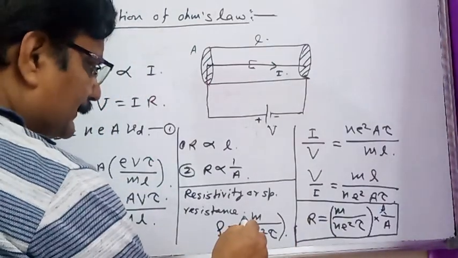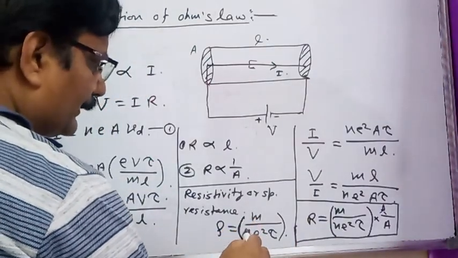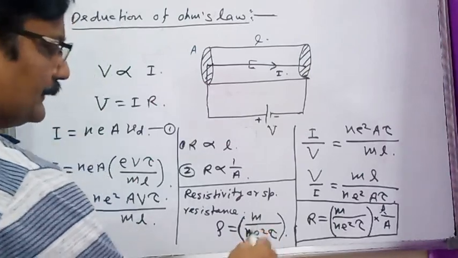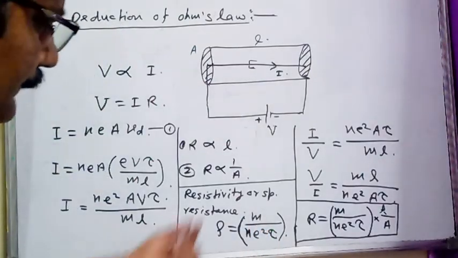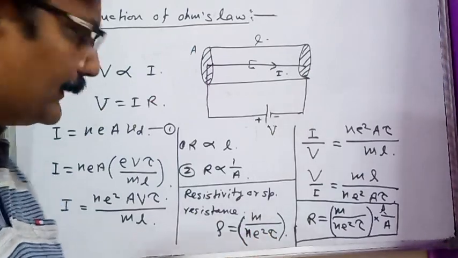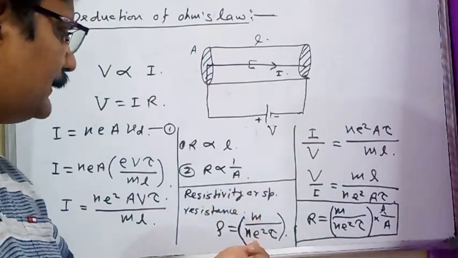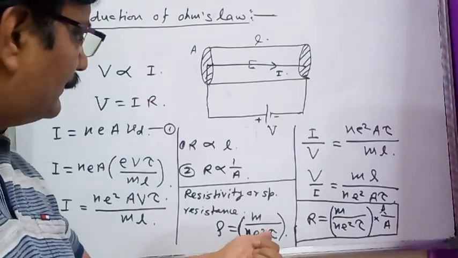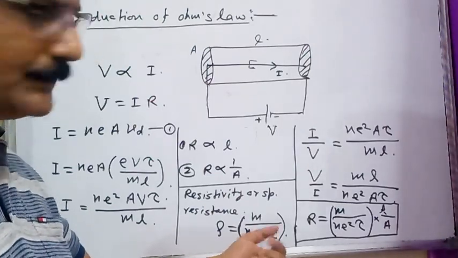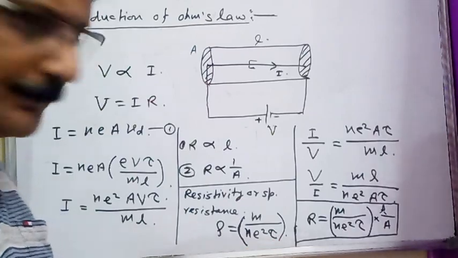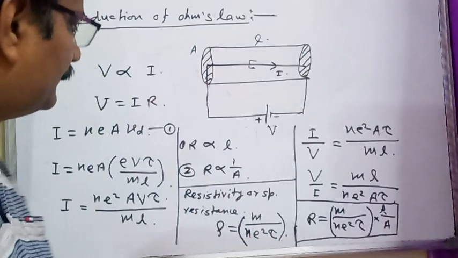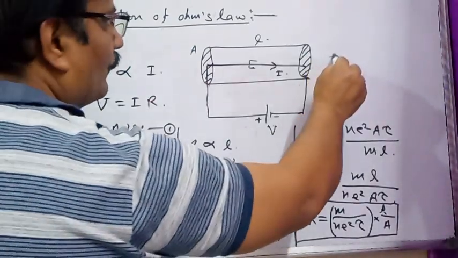So you can see resistivity is the characteristic of material. The rest of the quantities here are either constant or depending on the external factor. For example, mass of electron for all the materials remains the same. e is the charge of electron. Tau is relaxation time. Relaxation time is dependent on the temperature of the material. n means